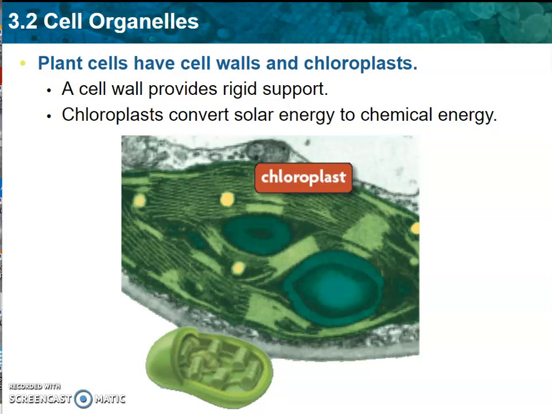Some other plastids would be amyloplasts, which are colorless plastids that store starch in roots and tubers, like potatoes. And chromoplasts. They store colored pigments for fruits and